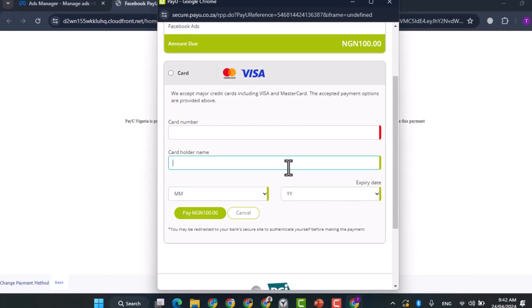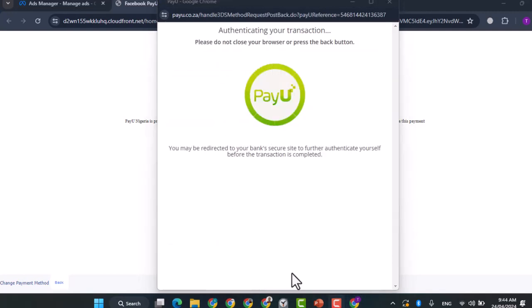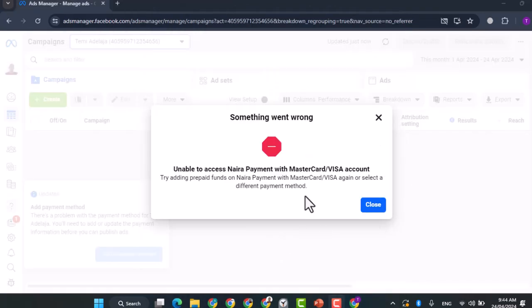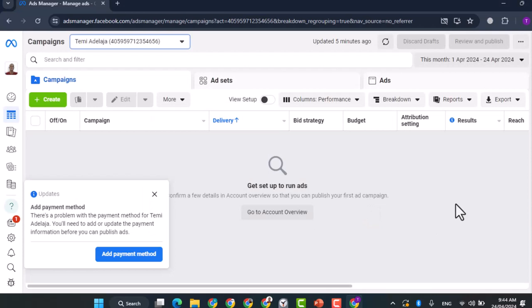So I'm going to do that. I'm going to pause the video and do that, and I'll continue once I'm done with that. So I've inputted my card details and it's authenticating the transaction. So it was unable to process the transaction. So I'll try it again too, but let's just continue with the